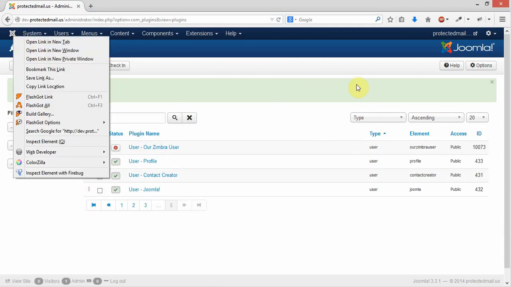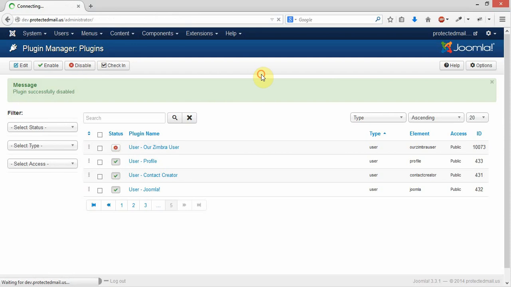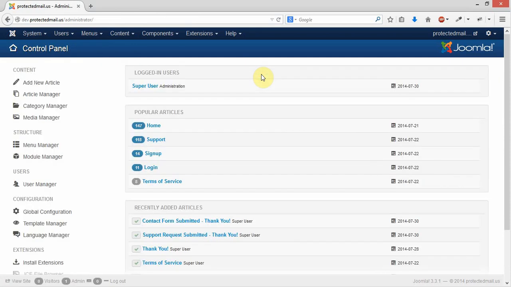The only thing right now that will need to be done any differently than the system would normally operate is that at this point in time, since the Zimbra server is not syncing with Joomla, when a person subscribes to Protected Mail, an account would have to be manually created for them on the Zimbra server